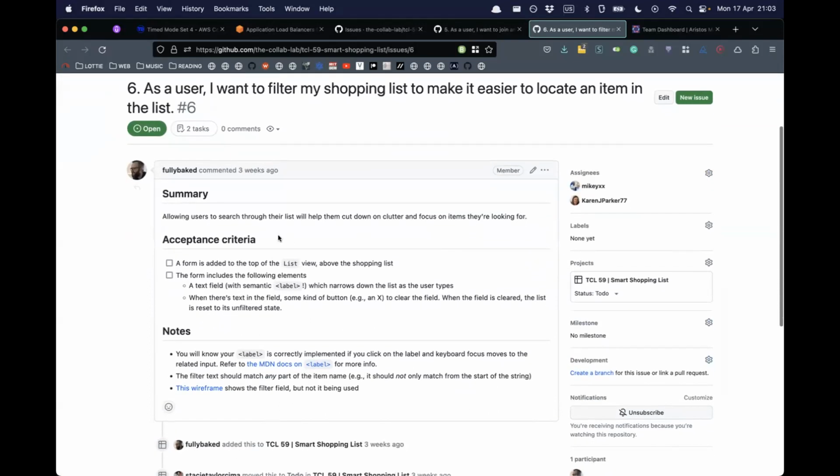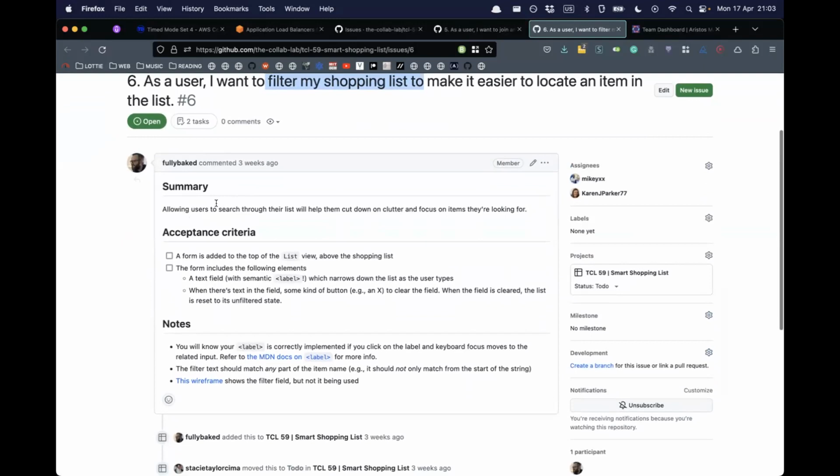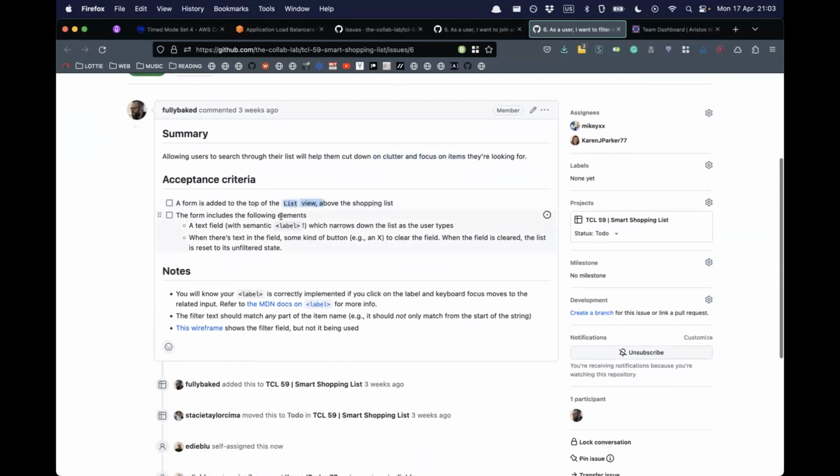Yes, I did. We have now: as a user, I want to filter my shopping list to make it easier to locate an item in the list. This will allow users to search through their list, help them cut down on clutter and focus on items they're looking for. A form is added to the top of the list view above the shopping list. The form includes a text field with a label, and when there's text in the field, some kind of button to clear the field.